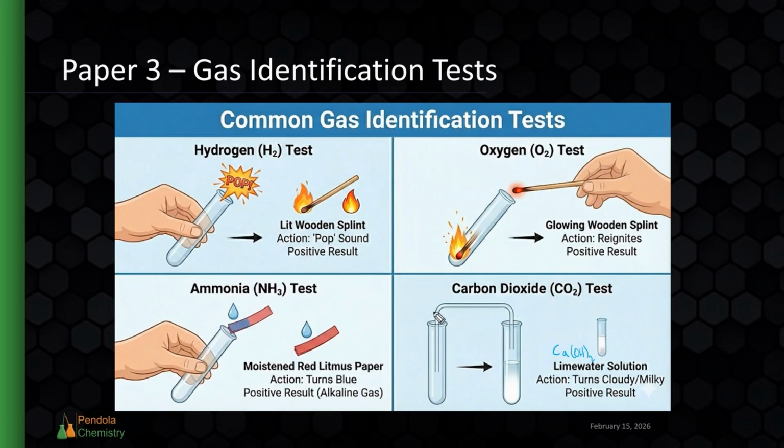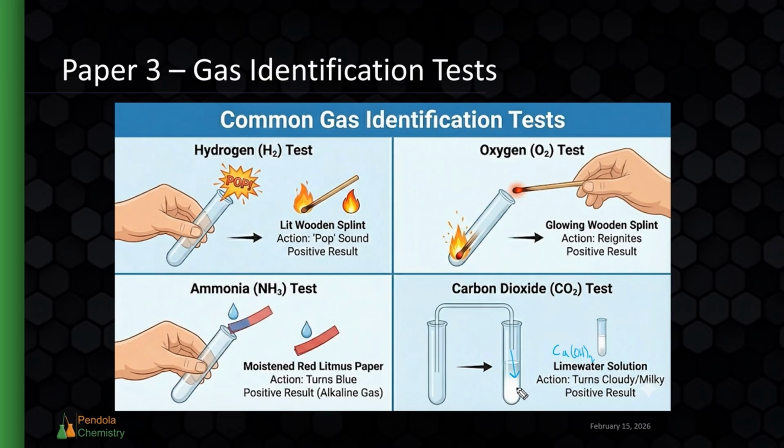When we put carbon dioxide gas into calcium hydroxide solution, that carbon dioxide will react with the calcium hydroxide. You don't need to know the reaction right now, but they will react together, and that solution will turn cloudy or milky. So if we get the gas and bubble it through a solution of calcium hydroxide, otherwise known as lime water,